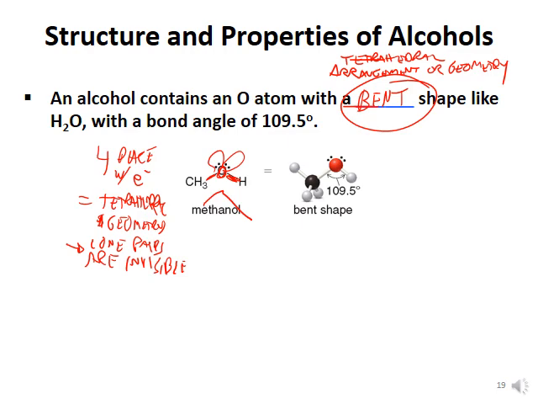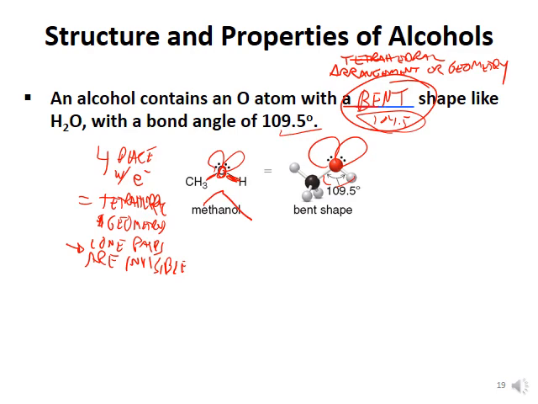So look back in your book and practice up on your shapes of molecules. So it's a bent shape, and the bond angle actually is less than 109.5 because these big negative lone pairs will squeeze these together. So it's maybe more like 104.5. But in any case,